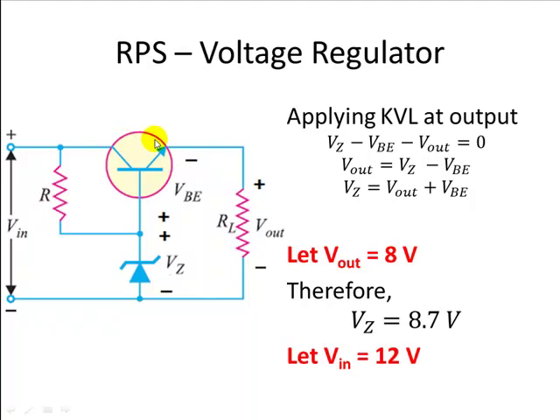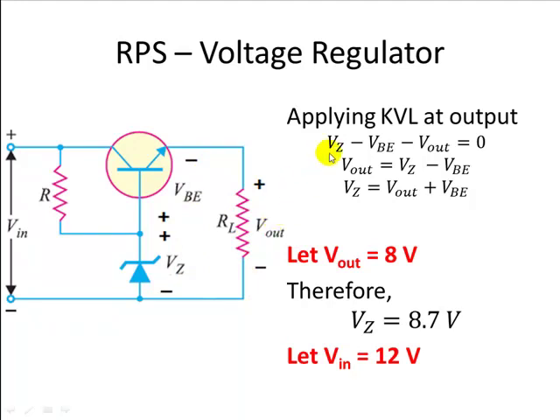condition the signal. A reverse biased Zener diode, if it is driven in its breakdown region, will have a constant voltage of Vz across it. So that is represented as Vz, and VBE is the base emitter forward voltage drop of the power transistor that we are using. Let us apply KVL at the output loop. So I shall go from this side. Vz minus VBE, please observe the sign. Vz minus VBE minus Vout is equal to 0.